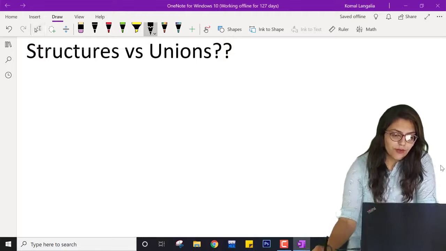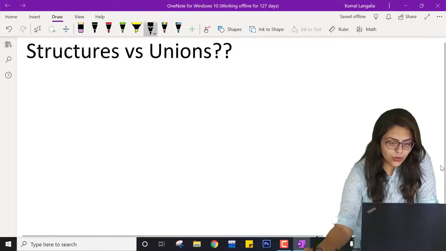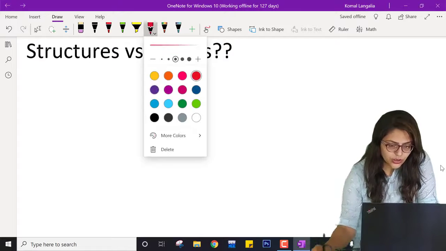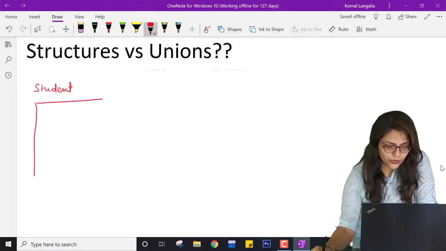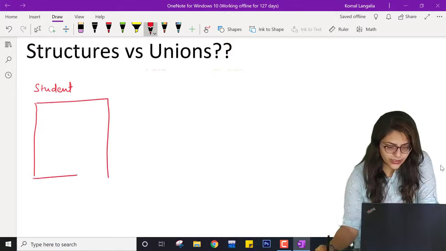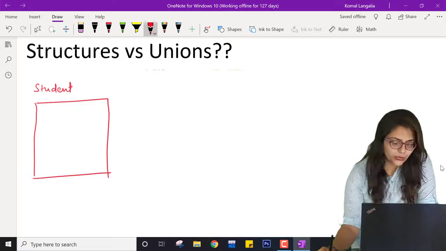Whenever I was talking about structures, suppose I am creating a structure named student. What I was doing was creating an empty table with garbage values.